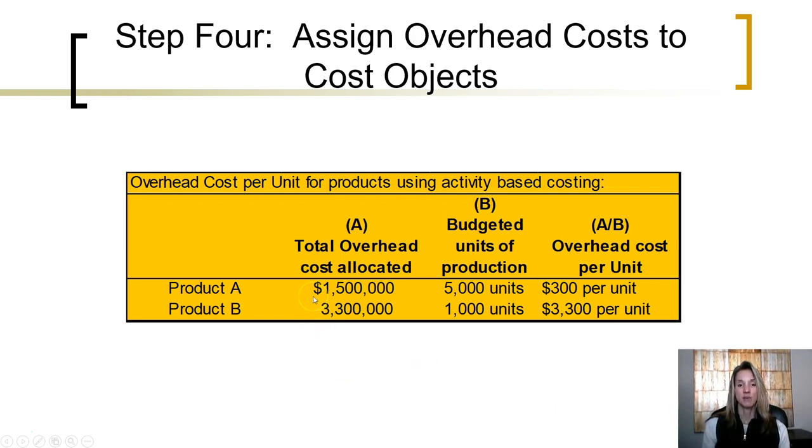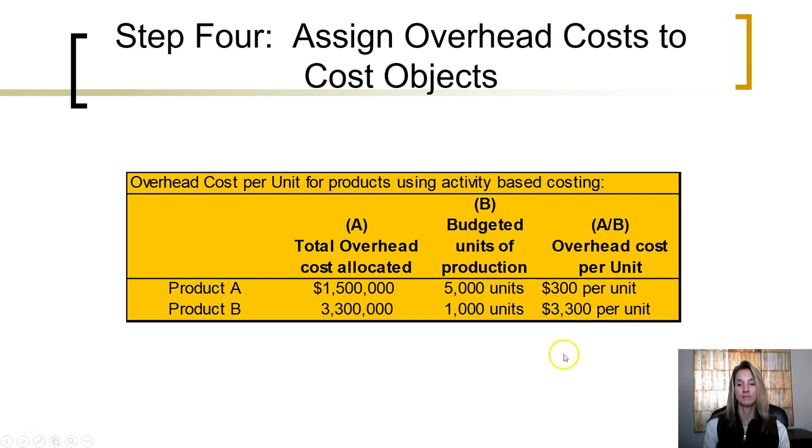Thus, using activity-based costing, we allocated $1.5 million in total overhead costs to product A and $3.3 million to product B. Dividing by the number of units produced, we end up with an overhead cost per unit for product A